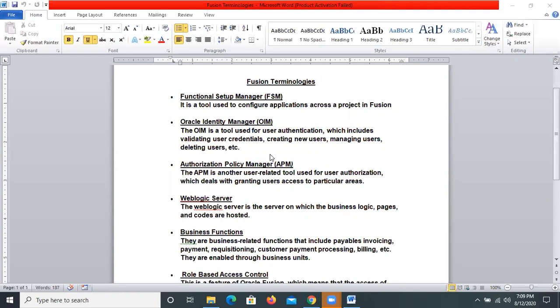So to implement a project, a consultant should have three primary roles. One is application implementation consultant, second is IT security manager, and third is employee role. So the application implementation consultant role can do an implementation. They can do a setup. What is setup? Suppose